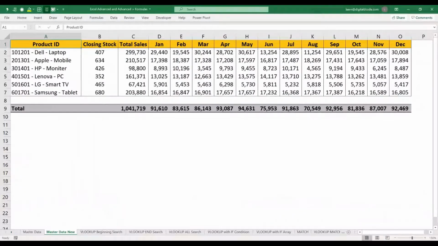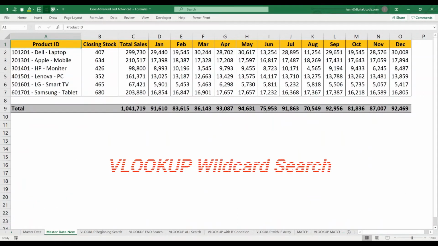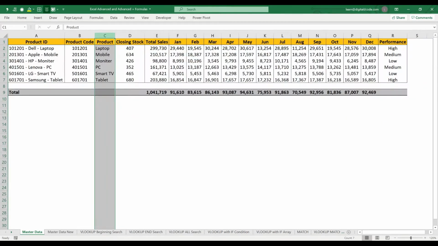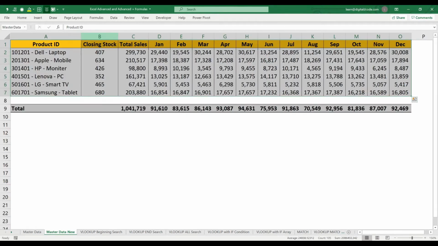In this session, we are going to take a look at VLOOKUP wildcard search. What is VLOOKUP wildcard search? We all know VLOOKUP exact match. Whatever lookup value we search in the data, if the lookup value exactly matches my data, then I get the result. That is exact match. If my lookup value does not match with my data, then I won't get a result. I get only #N/A. But using wildcard search, we can get the result even if my lookup value does not exactly match with the